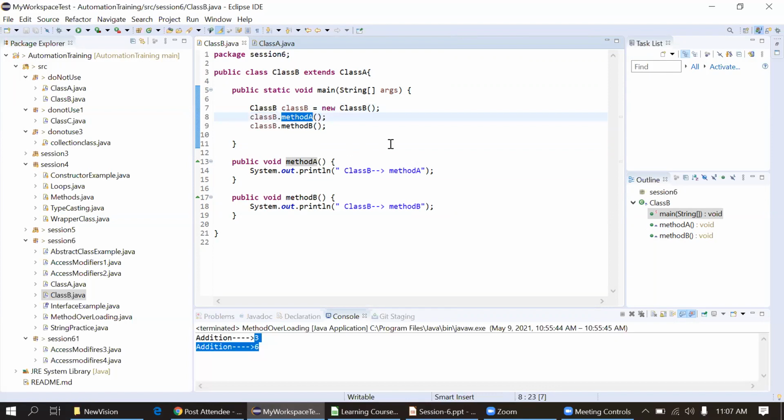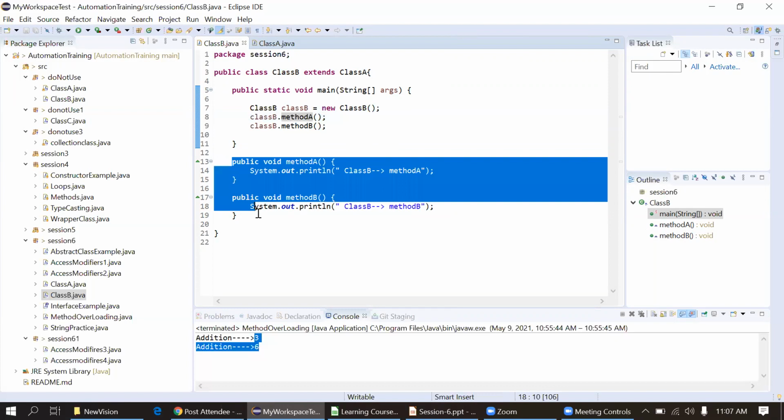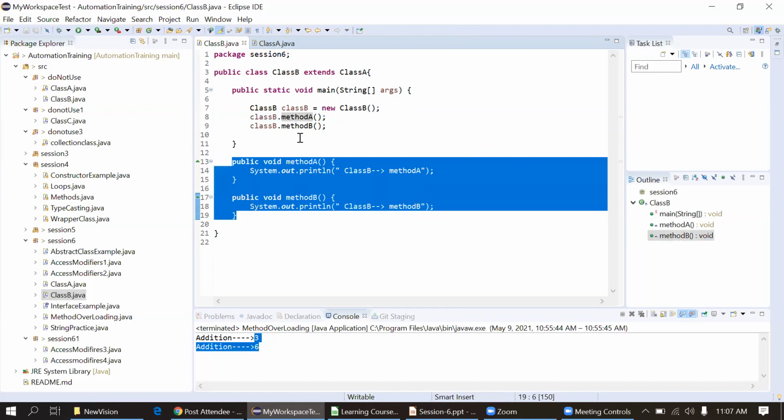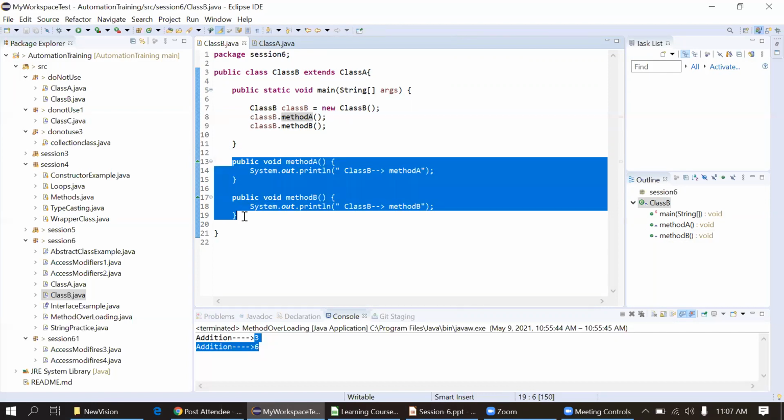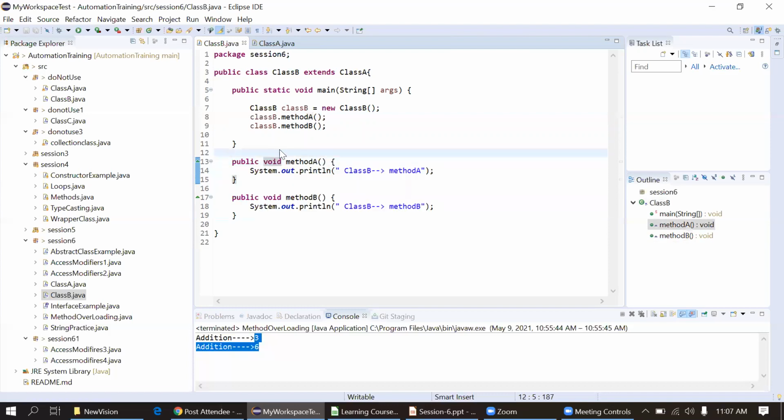If it finds method A in the same class, it will give priority there. Otherwise, it will look for the same method name in class A, the parent class. Now, in this case, I have defined the method in the same class, so it will simply give priority to these methods. I will execute this and show you the output.